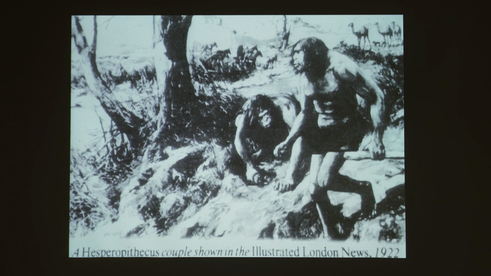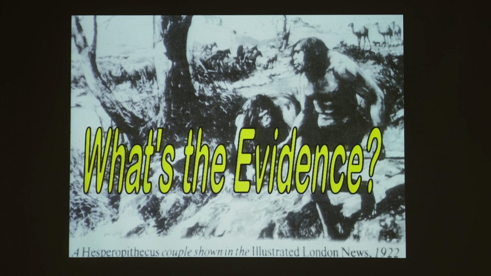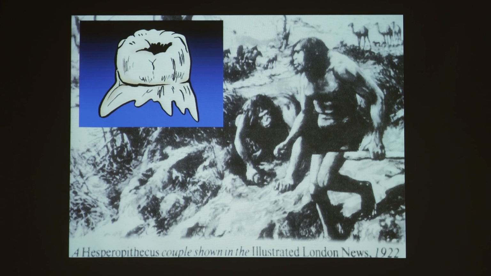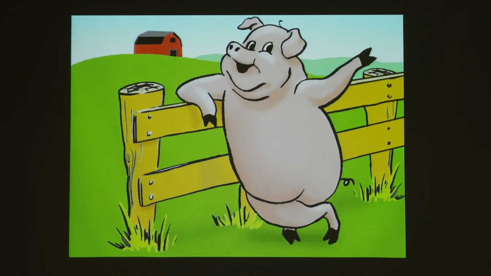What about Nebraska Man? Here's 1922, Nebraska Man. Well, there's some great artwork there. Whenever you see great artwork, what questions should you ask? Yeah, what was the evidence for Nebraska Man, 1922? The tooth, the whole tooth, and nothing but the tooth. Really? That's it? All you had was a tooth, and not only did you have him, but you also had his buddy coming from the tooth? Well, it turns out that tooth wasn't even from Nebraska Man. It was from the first Nebraska Cornhusker, and it was a pig's tooth. It wasn't even a human tooth.